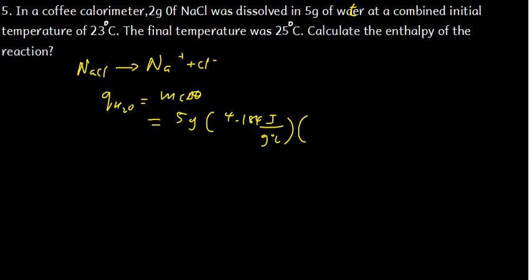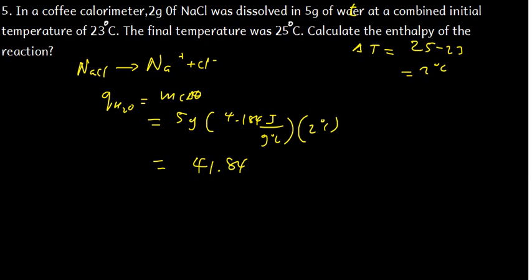So delta T, which we can also call delta theta, where theta represents temperature, is 25 minus 23, which gives us 2 degrees Celsius. So that will be 5 multiplied by 4.184, also multiplied by 2, which is